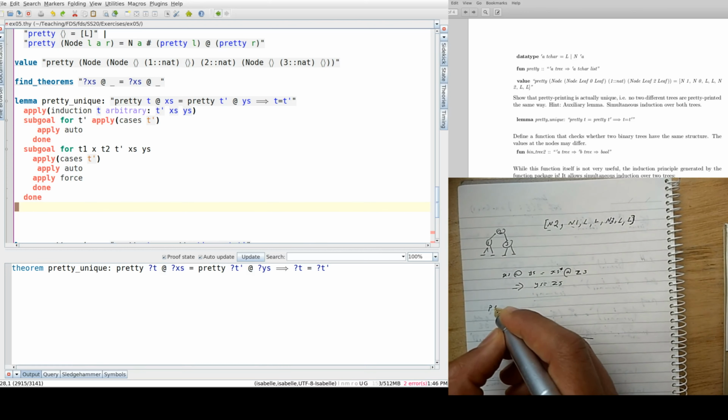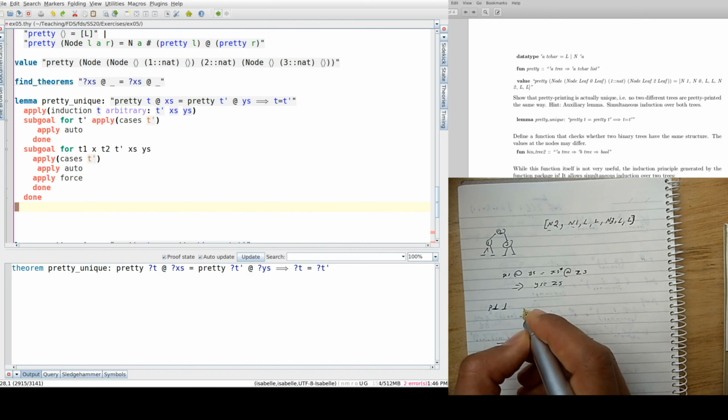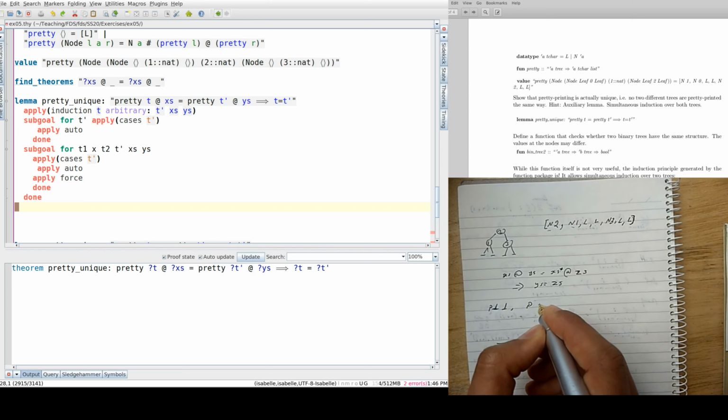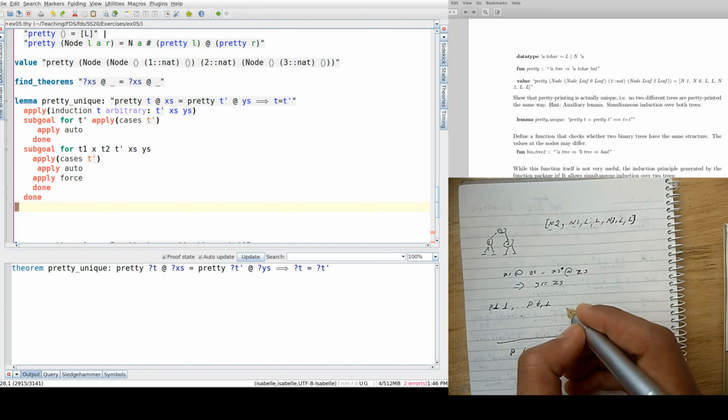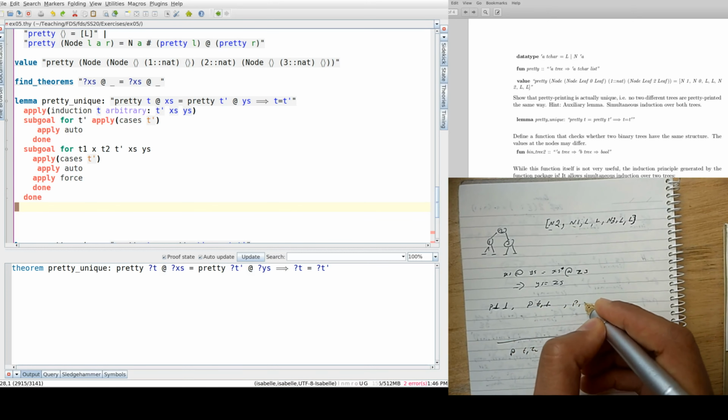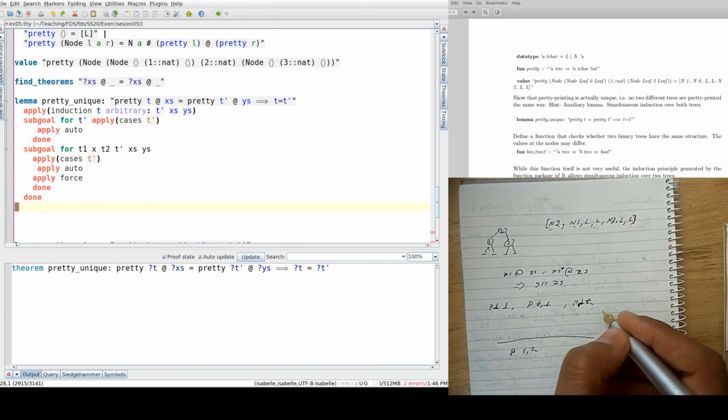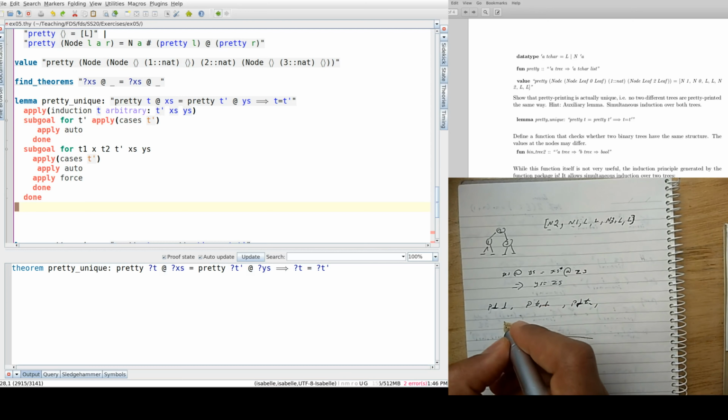So I'll just use that for empty 3. So when both are empty, and then you need to prove a predicate when one of them is empty and the second one is not empty. So I'll just use T1 to they're not empty, and then when the first one is empty and the second one is not empty, and the last one, which is the most interesting case,